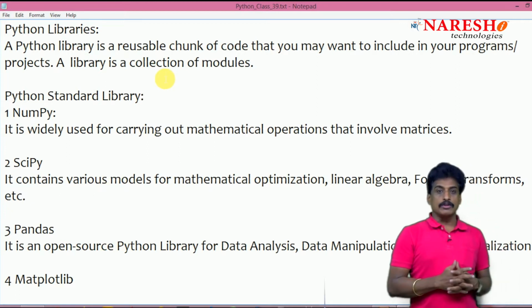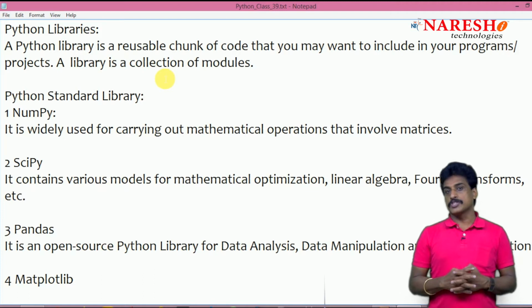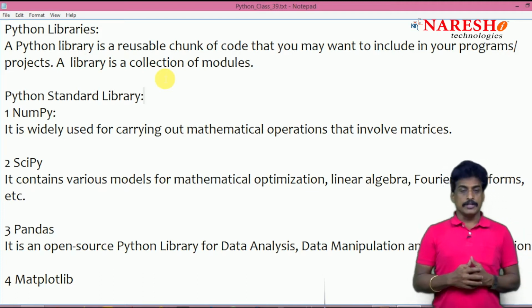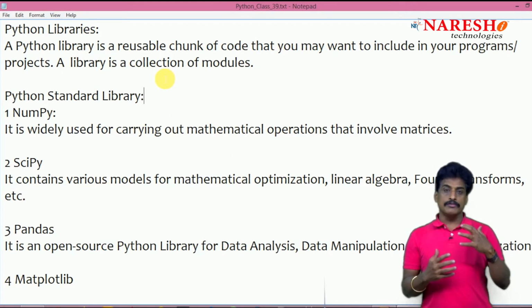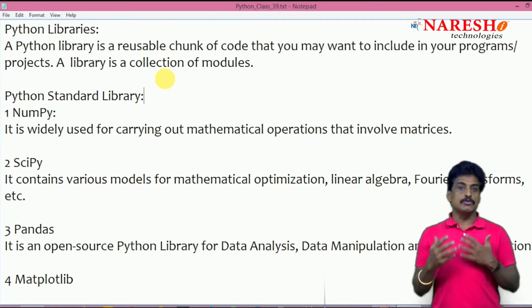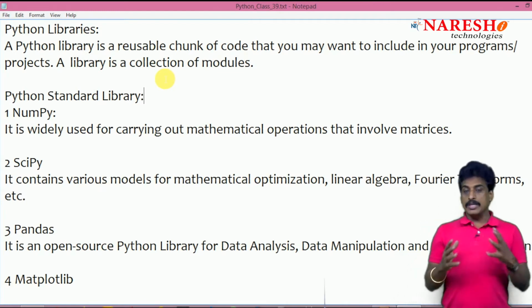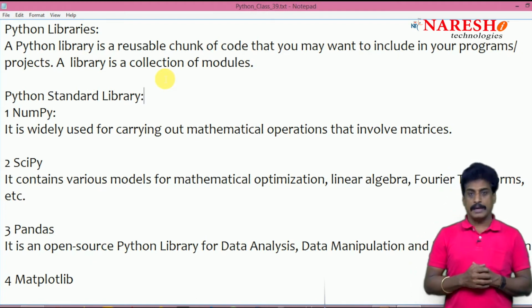So let me talk about functions. What is a function? Code reusability is called a function. In any technology, in any programming language, a function is nothing but reusability. Whatever code we implemented, we use as many times as required. So for these functions, different categories exist. Try to follow my videos in Python.